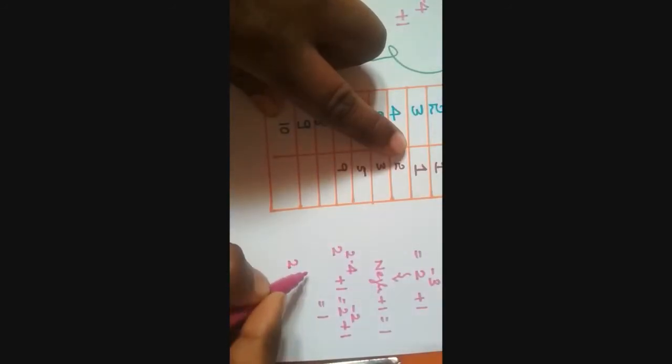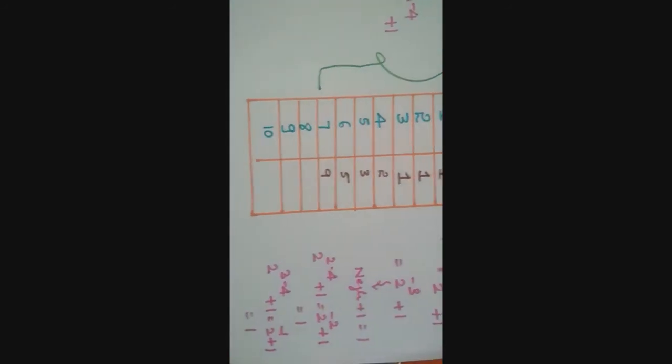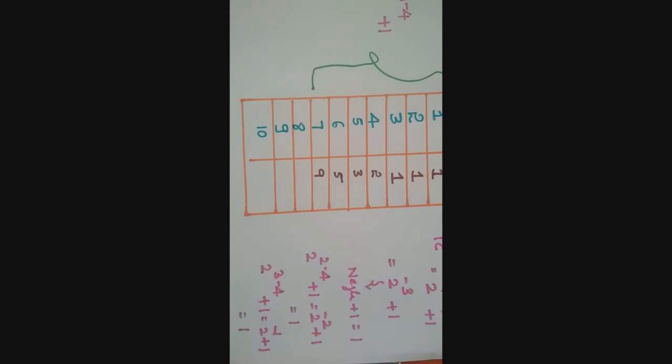Similarly, for N equal to 2, ethane, 2 to the power of 2 minus 4 plus 1. Again you are getting 2 to the power of minus 2 plus 1. If you neglect this, you again get 1 isomer for ethane. For propane also, 2 to the power of 3 minus 4 plus 1 gives 2 to the power of minus 1 plus 1. If you neglect this, again you get only one type of isomer.